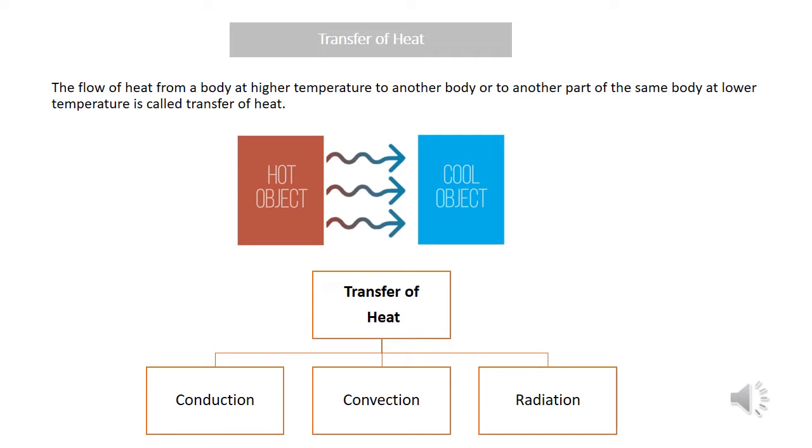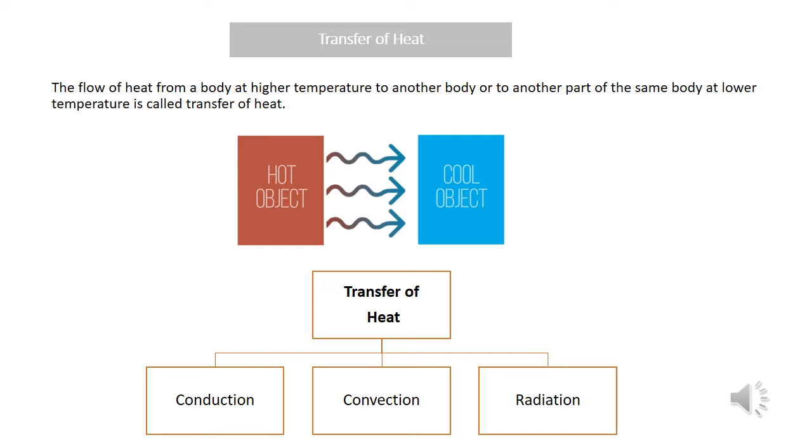Why? The tea was hot, so some of its heat gets transferred to the saucer. And because the heat is transferred from the tea, that's why the tea gets cooled down. The saucer gains heat and the tea is losing its heat. So see, that's how the heat is transferred.